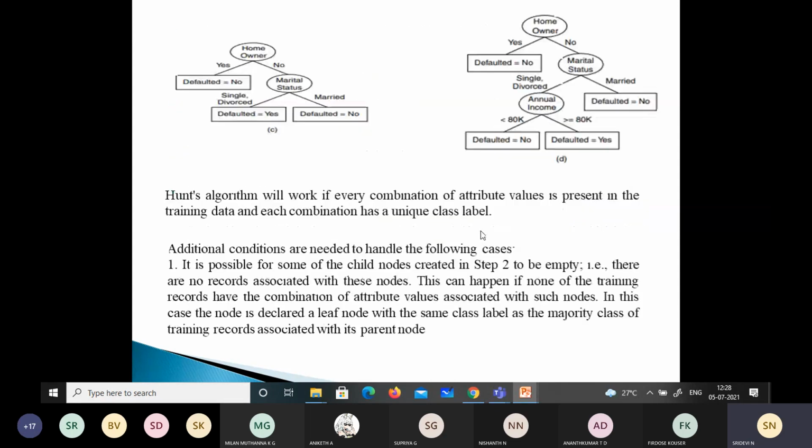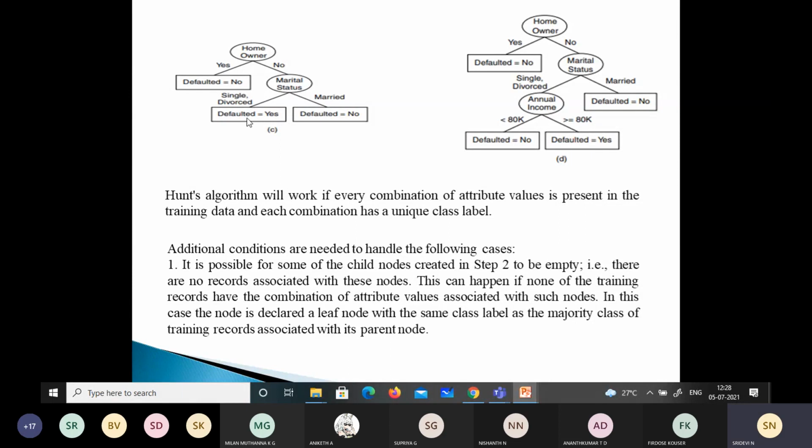So can we say that for this single divorced, whatever 4 records we have, are they purer? Is this a pure node or impure node now? Impure node. Yes, because there we have got the pure node, isn't it? We have only one type of records which belong to only one type of class. That is, they are not homeowners, and they are married, and they have also paid all the EMIs. Here we have, they are not homeowners, and their marital status is either single or divorced. Here again there are 2 combinations, yes and no. Some who have paid and some who have not paid. So this becomes your impure node.